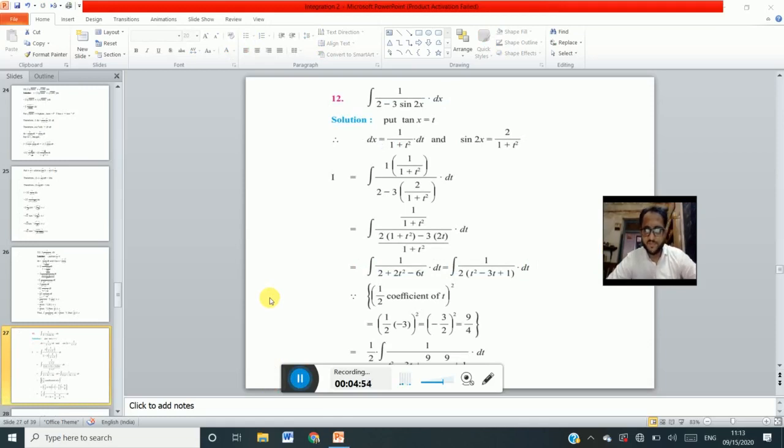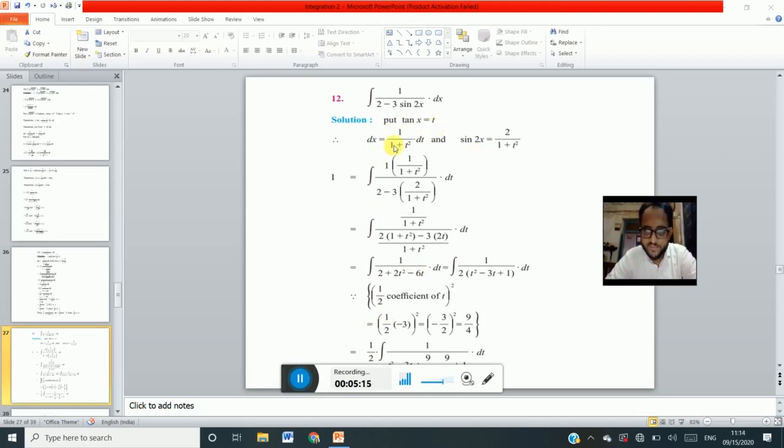See this one, the integration of 1 upon 2 minus 3 sin 2x dx. If we see, this is of the form 1 upon a plus b sin 2x dx. So here, as we know the standard steps, according to the standard steps, we have to put tan x